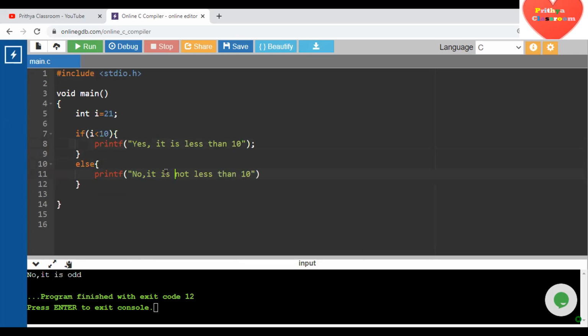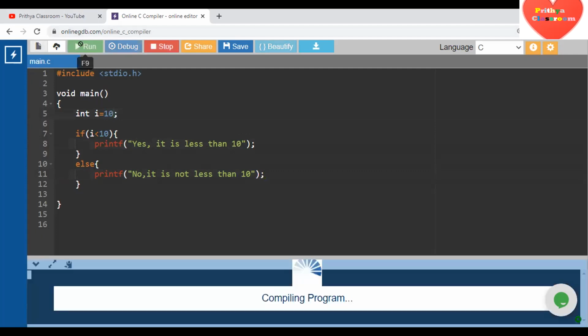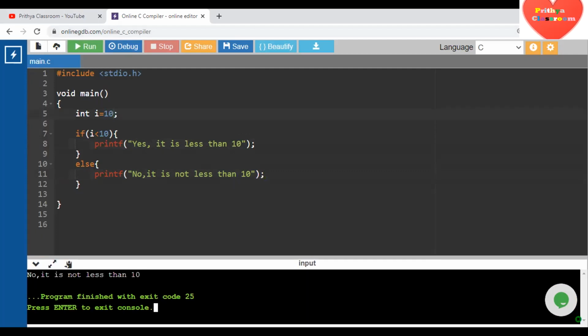Okay, so after writing these two things, now I have to run the program to check. See here the value is 21, so it has to print "no, it is not less than 10". Okay, so when I try to make the value as 1, it is less than 10, so it will print "yes, it is less than 10". Okay, so what if I give the value as 10? It will display "no, it is not less than 10".